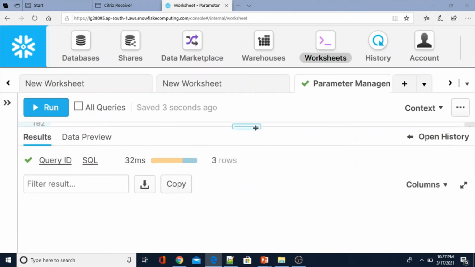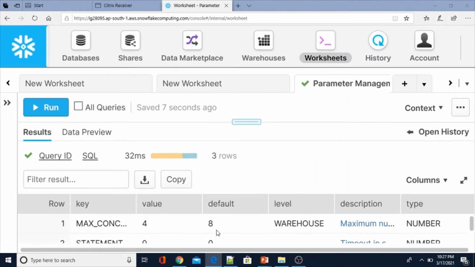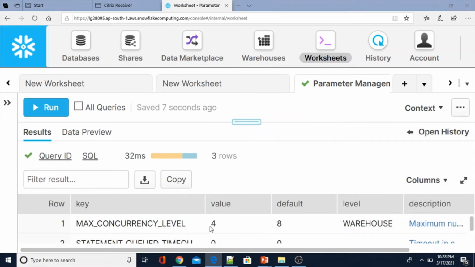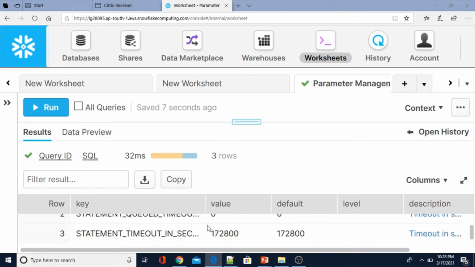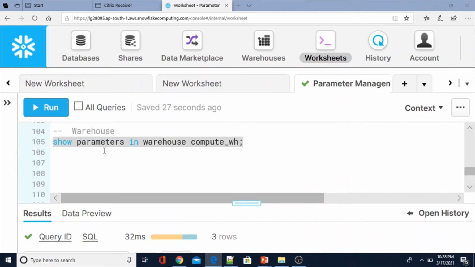Okay, yeah, see, we have three parameters. I already changed some of them some time back: the default is 8, but the maximum concurrency level is 4. Now let me change the value of the same parameter.